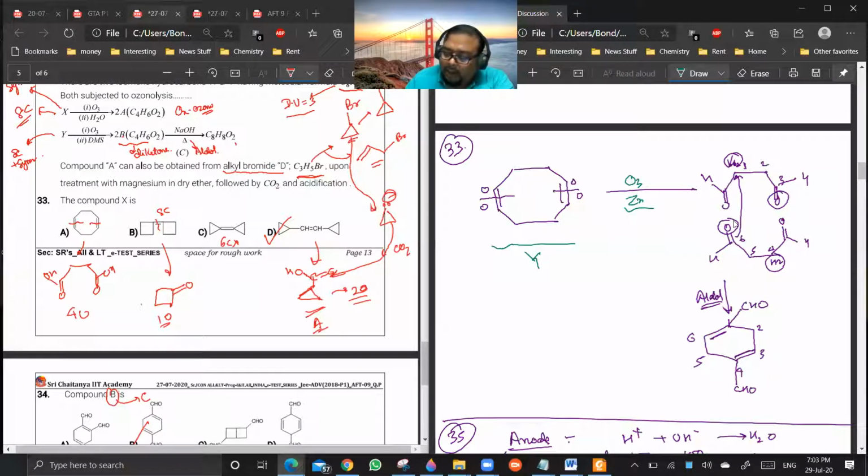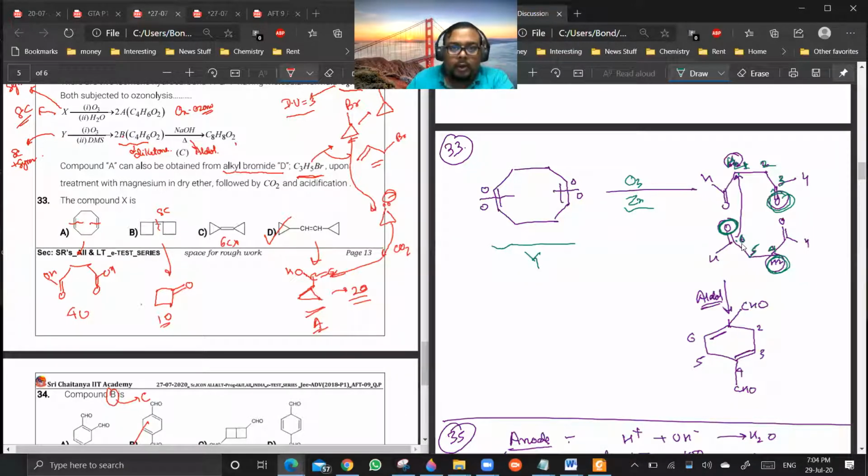On one side I can take the carbonyl oxygen here, and I can take H2 from here, and do the condensation. On the other side I can take this carbonyl oxygen and these two alpha hydrogens, and do the condensation here. So you can get a cyclic product, like 1, 2, 3, then 4, 5, 6. You see, you are getting a carbonyl here which is attacking at 4, which is attacking at 3, and you are getting a carbonyl at 1 which is attacking the carbon at 6.